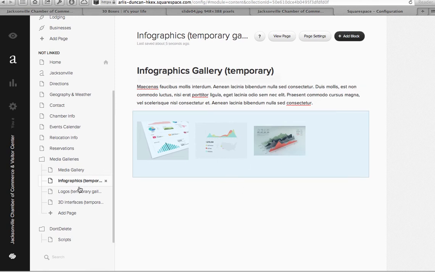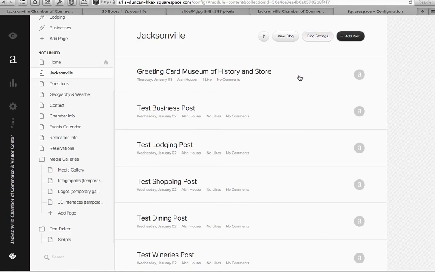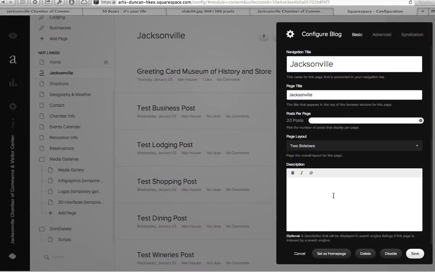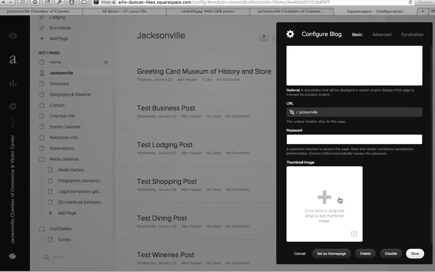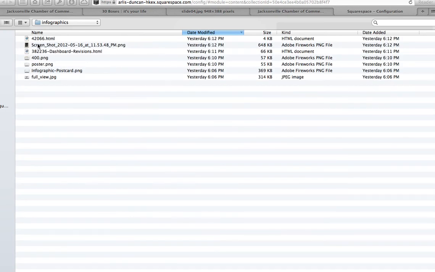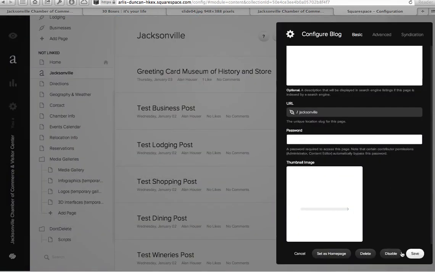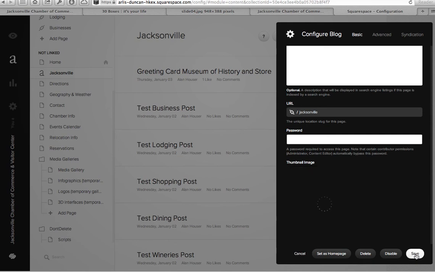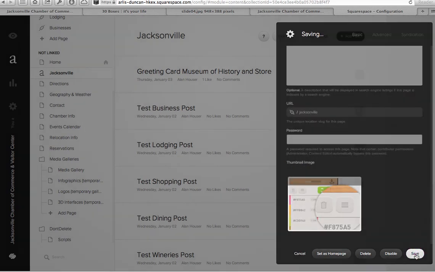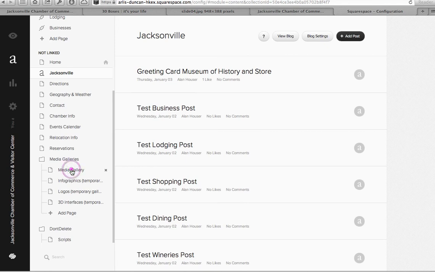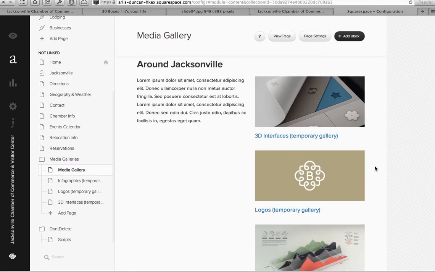I guess I don't have anything set up on that, but anyway, you could go in here, blog settings, description, text, so say save. If we go to this media gallery, then